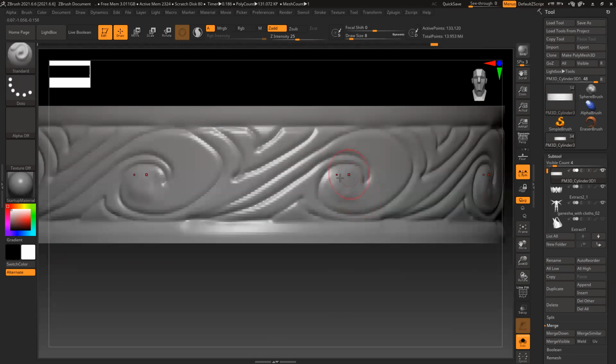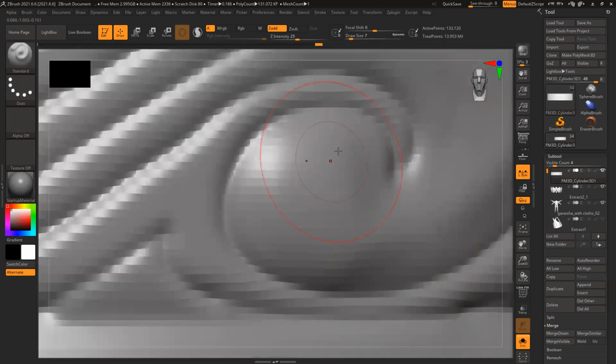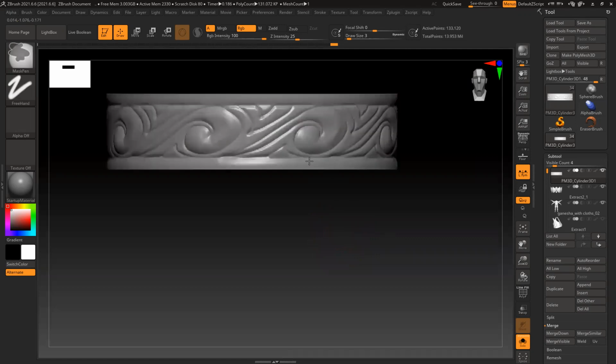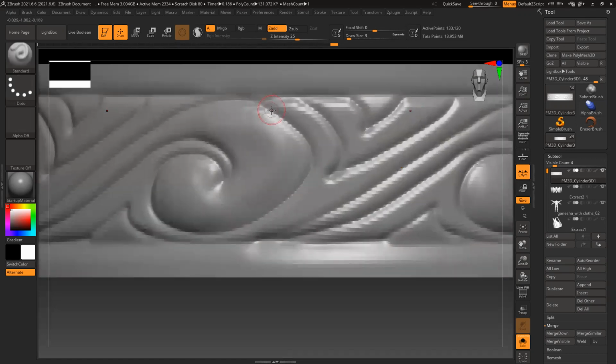So we brush. See this shape slightly more down.